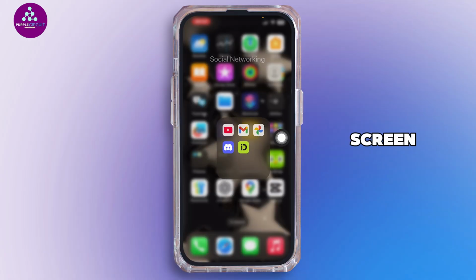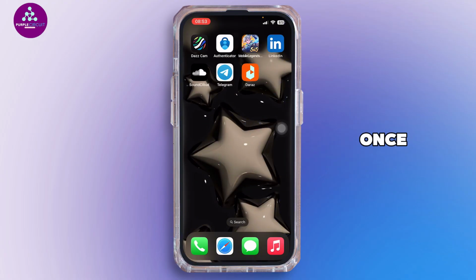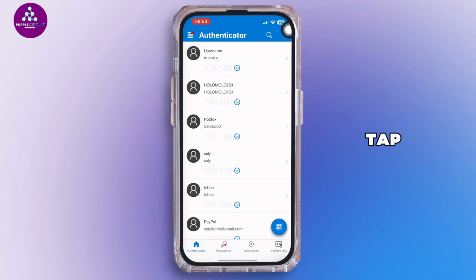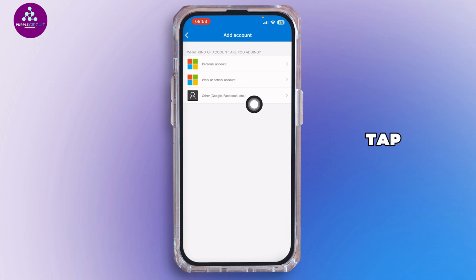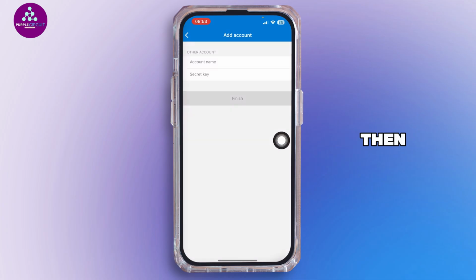Head back to your home screen, open your app store and then download an Authenticator app from there. Once you have downloaded the app, you want to go ahead and open the Authenticator application. Tap on the plus icon, then tap on Others. Just like so, tap on Enter Code Manually, then paste the key that you have just copied, and then name